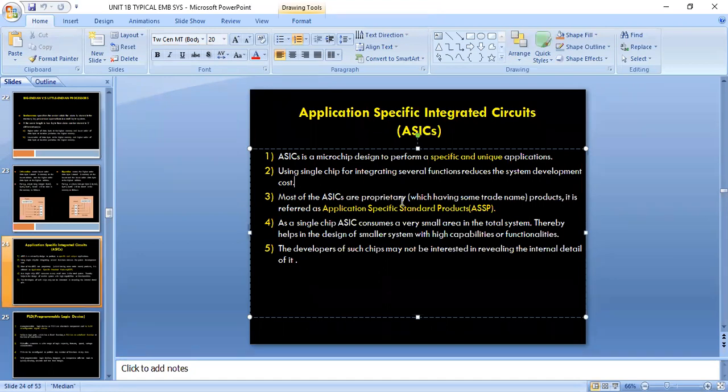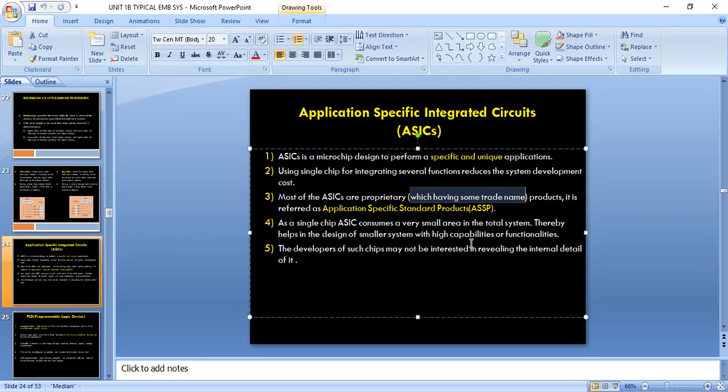Most of the ASICs are proprietary, having some trade name like Intel, Atmel, Microchip. This is referred to as application specific standard products. So Intel ASICs are only for Intel, right? They cannot be changed, right? They manufacture those integrated circuits. They program it, right? As a single chip, ASIC consumes a very small area in the total system, thereby helping the designer build a small system with high